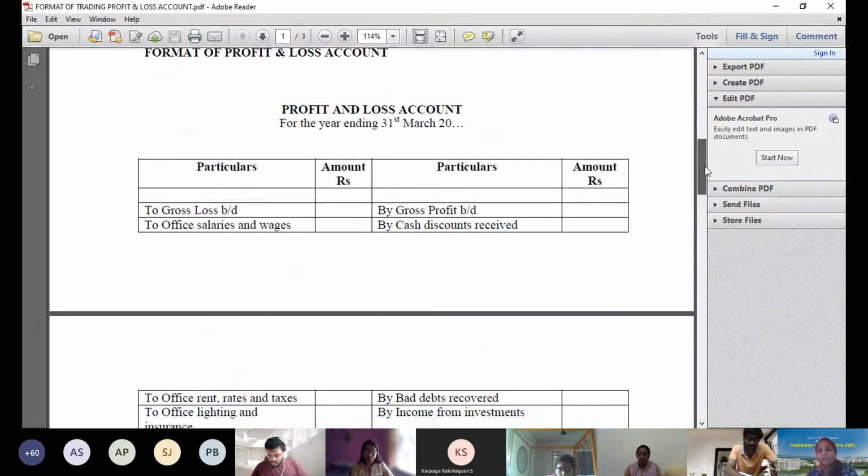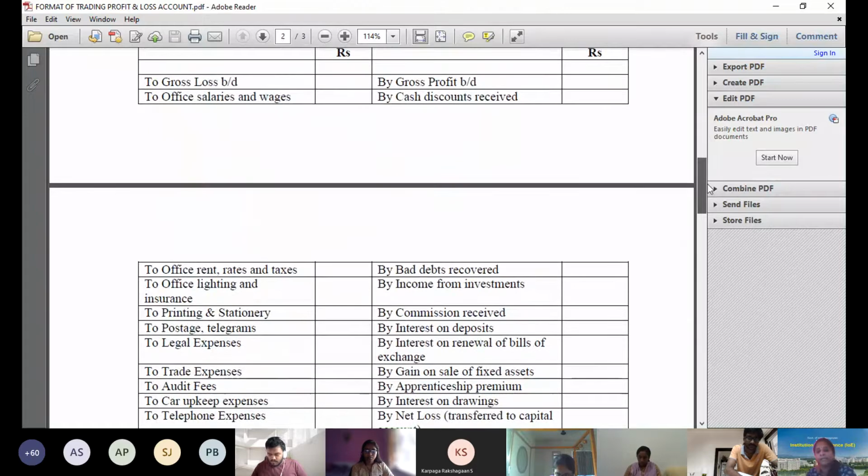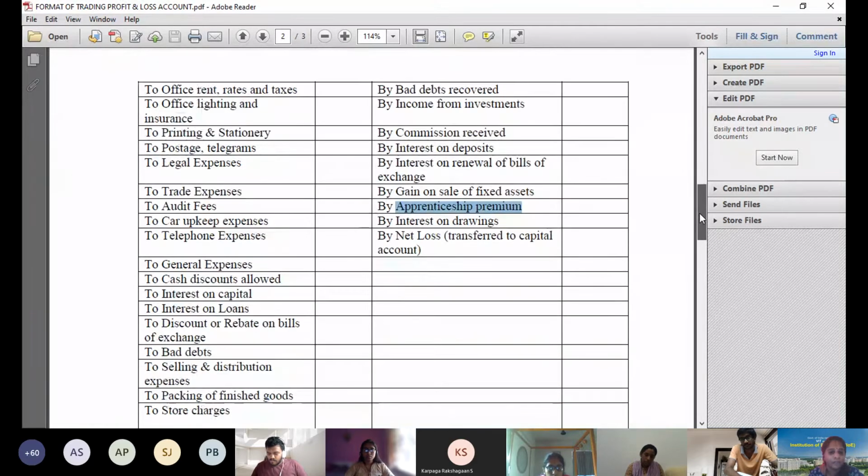All the received items will come on the credit side of your P&L account. Can you see received items here? All the received incomes will come on the credit side of your P&L account. Apprenticeship premium is completely on the credit side of the P&L account. Then if gross loss comes, it will come on your debit side. Otherwise, all the office salaries and all the indirect expenses will come in your